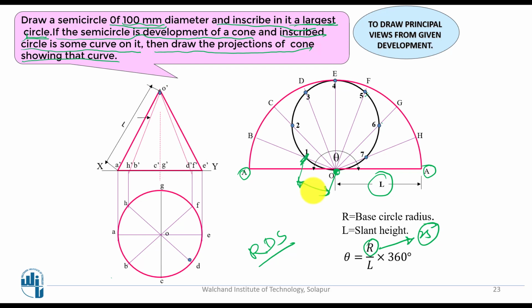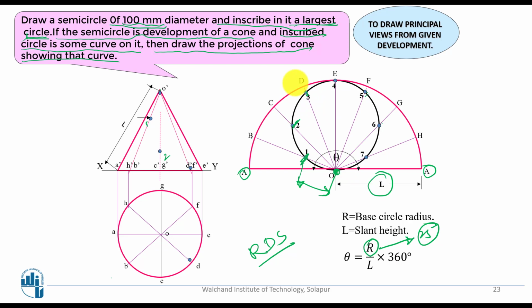Now this one dimension you have transferred here in the next step. This one point you have got here. Similarly, you go for the next point, keeping the compass at this point and taking the dimension up to this one. Towards C, keeping the compass at O, and towards C you are measuring the point as 2. This is the C point. From this point you measure this, and this point you get as point 2, and this is point 1. Similarly, keep the compass here and take these dimensions.